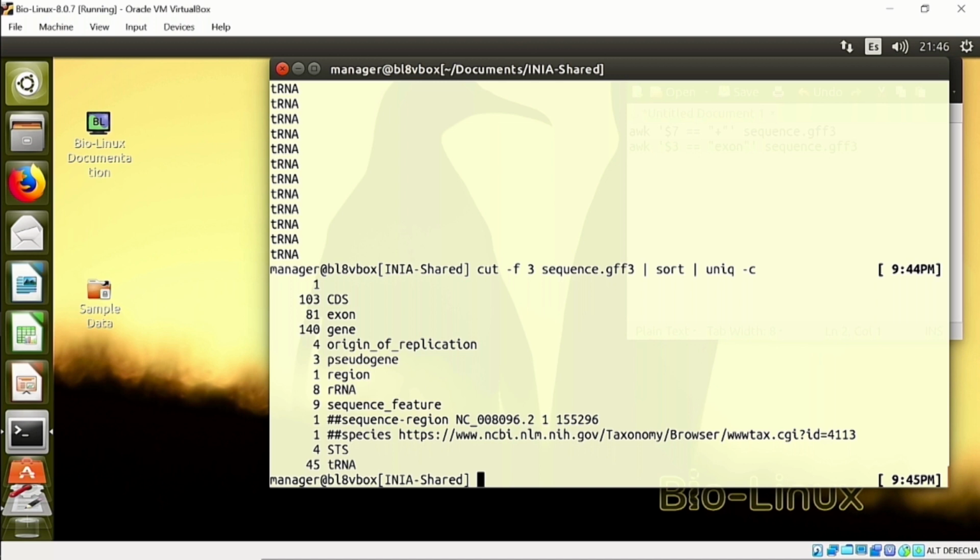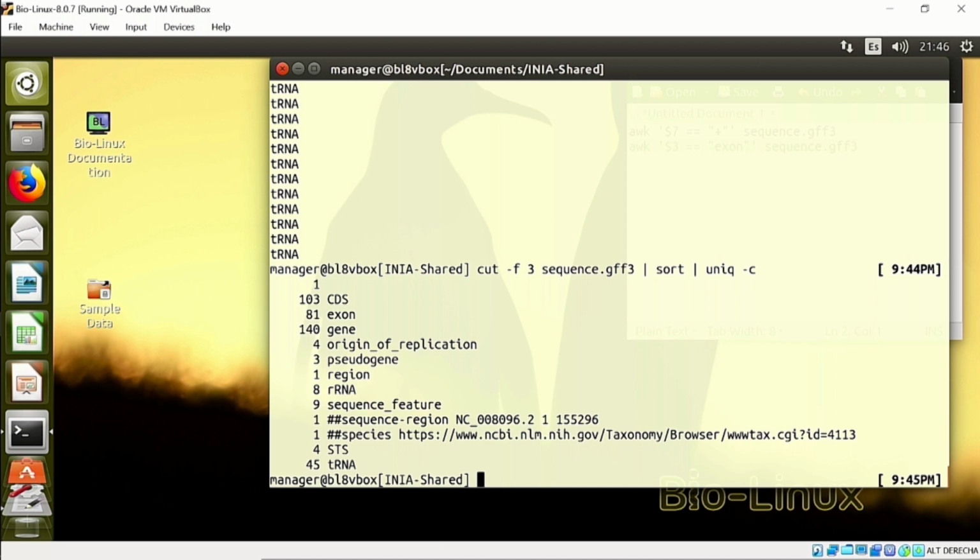We didn't have to go through all the file manually and start counting and keep separate counts of each. No, we can do it all by using a simple Linux command. Now, if you wanted to do this on Windows, you'd take forever. If you want to use a bigger table, it's going to take even longer. This is a very small genome, just 155